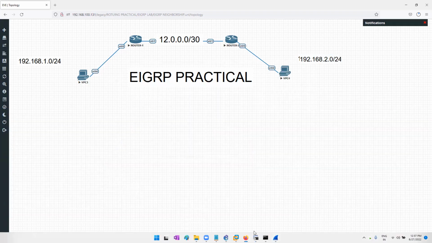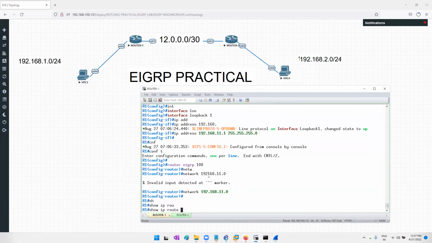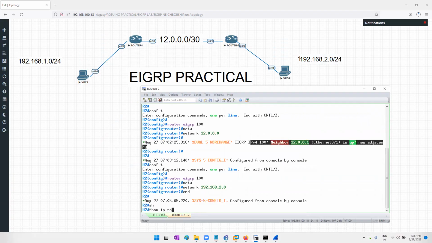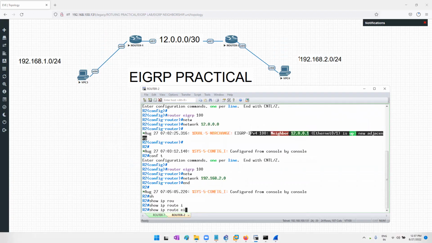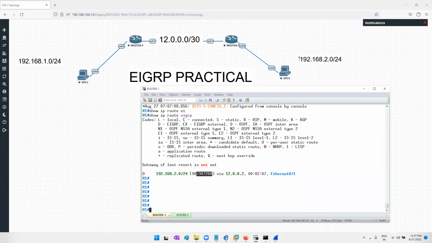So basically, updates will be exchanged. Now go to R1 and verify show ip route for only EIGRP. R1 says I am receiving the 2.0 network, AD value is 90 and some metric we are getting. Yes or no? Okay, now go to the R2 side. Show ip route, only EIGRP routes. So we are getting 2 networks, AD value and metric. Clear? Now, if someone says, sir, I am changing the timer,